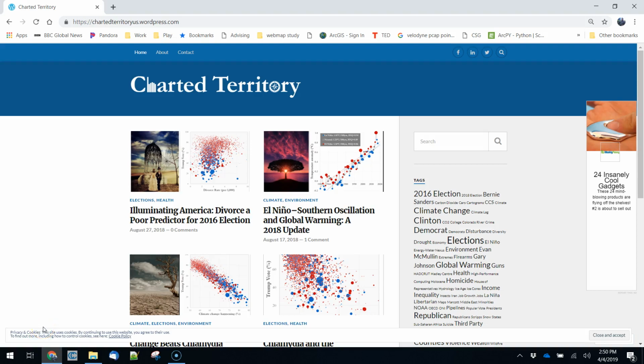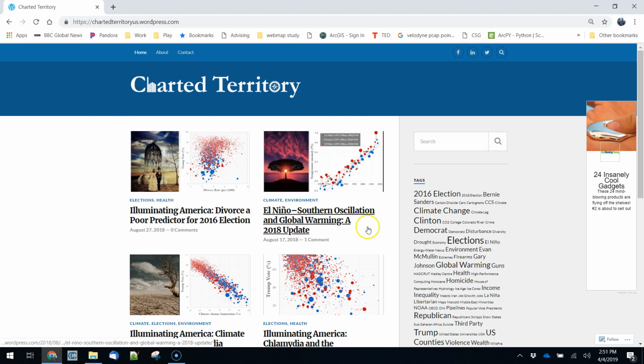We're going to talk a little bit about charted territory and replicating analysis. One of the easiest ways to get started learning how to analyze data is to replicate analyses that have already been done. Some of my favorite geographically related short pieces are written by Richard Middleton. He's a research scientist, but publishes this in his free time.